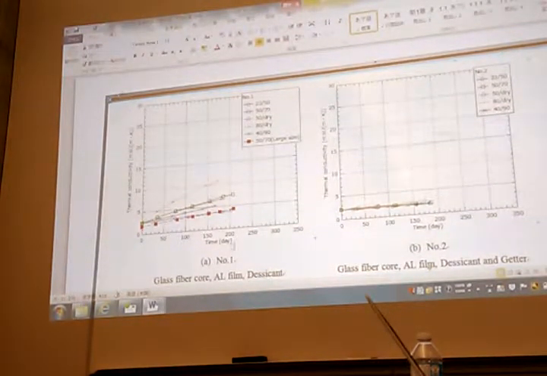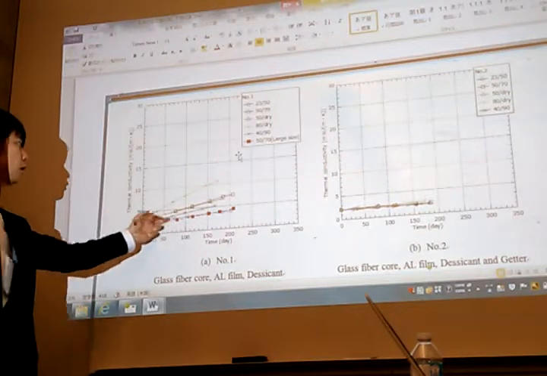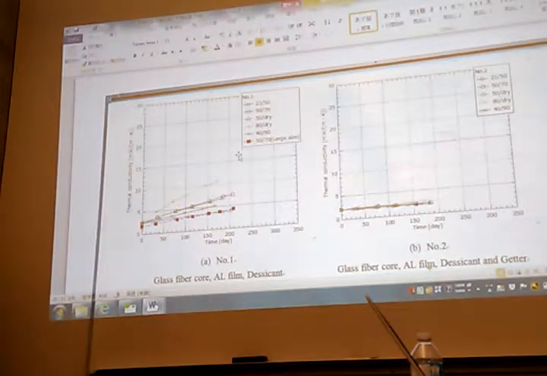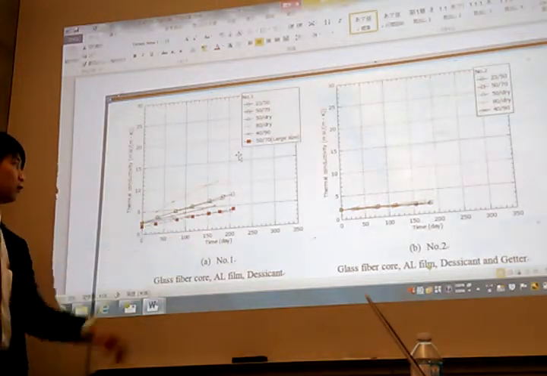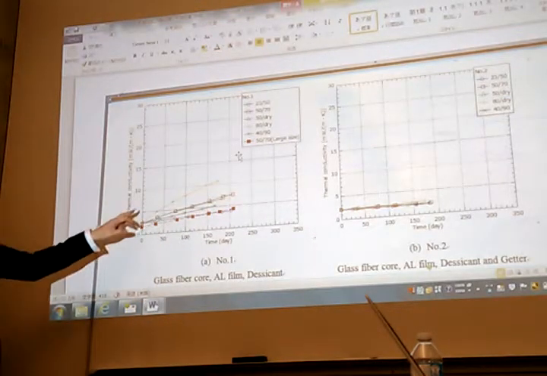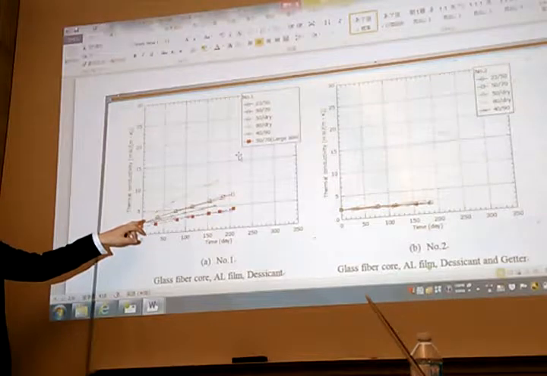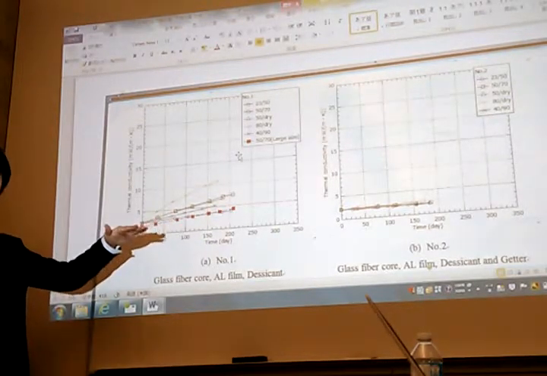Number 1 line is 23 degrees Celsius and 50%. This document is a 100 to 180 days test, with a linear increase, and at 50 degrees, 70%,